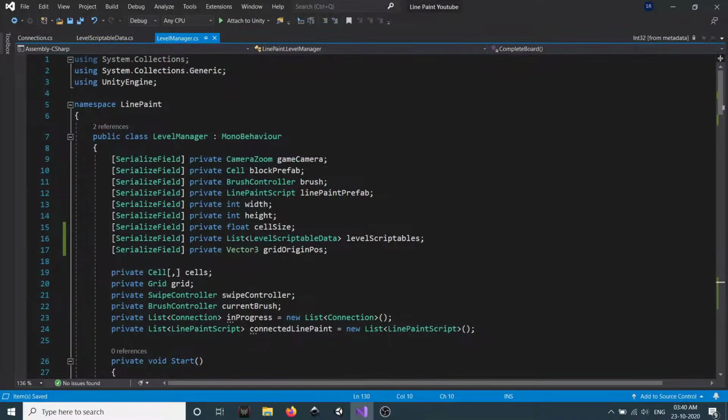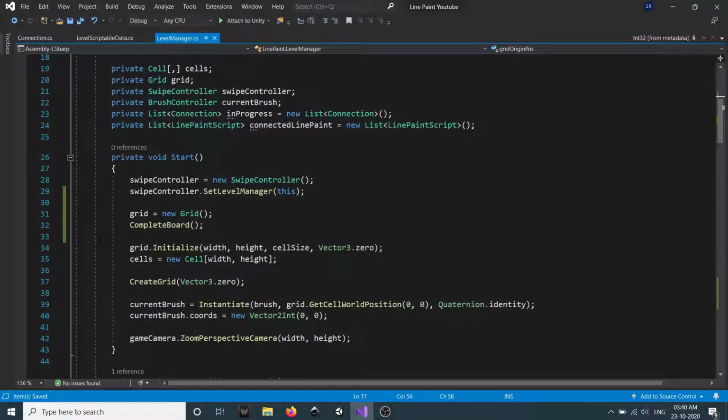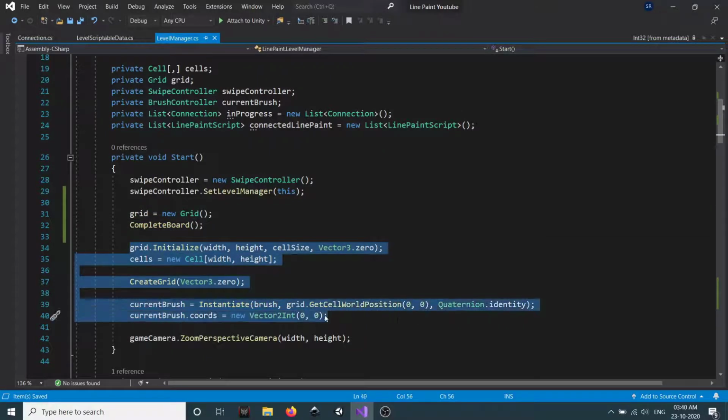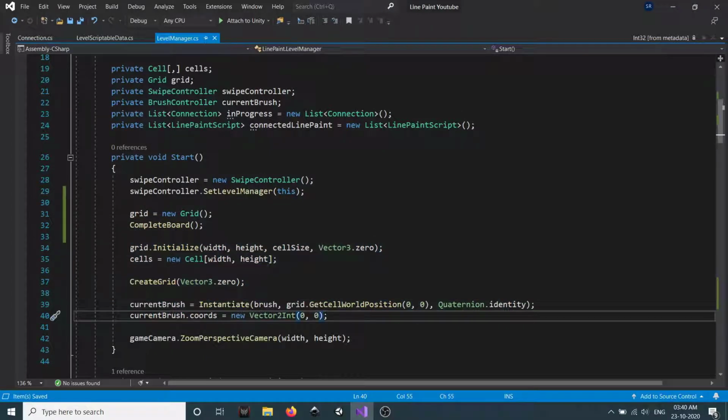Now, here we have created a private Vector3 grid original position which will be edited from our inspector. And in our start, before we make a grid at Vector3 0, we create our complete board first, and then we go for our board where the player will be creating the pattern.